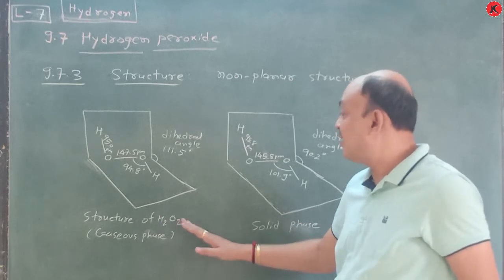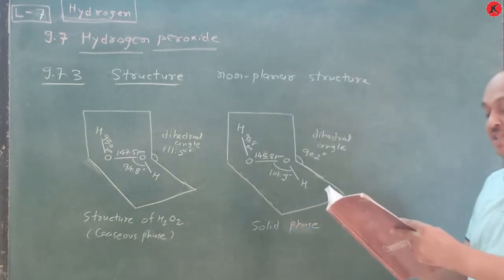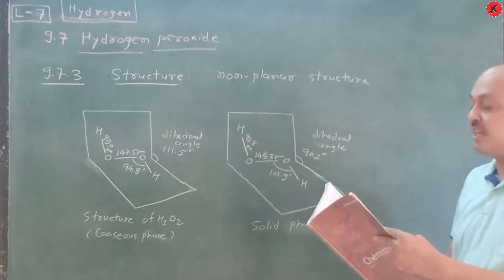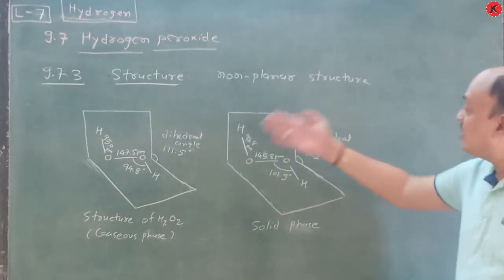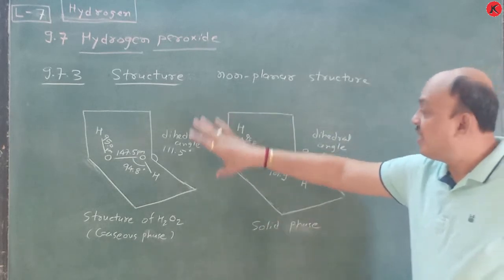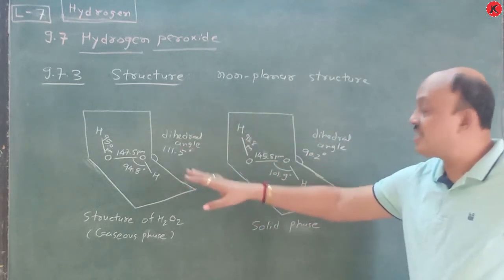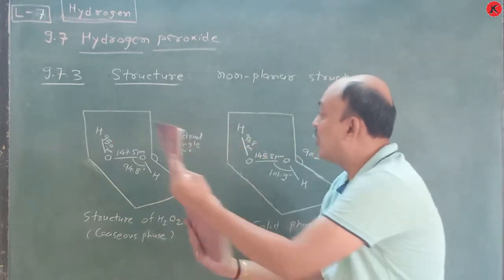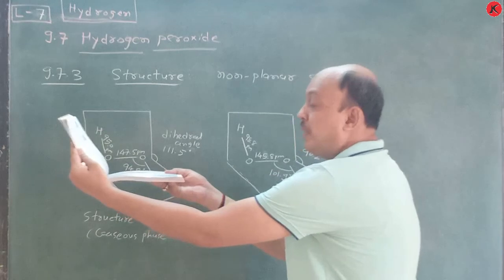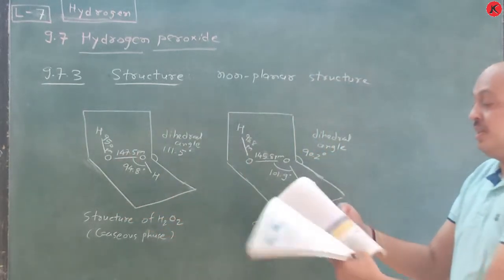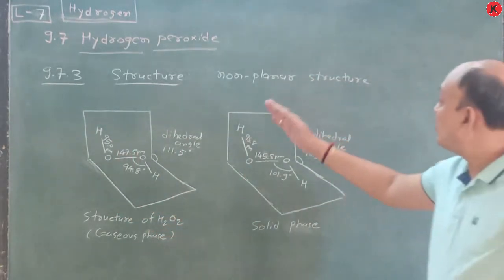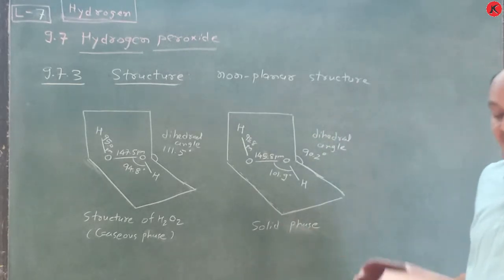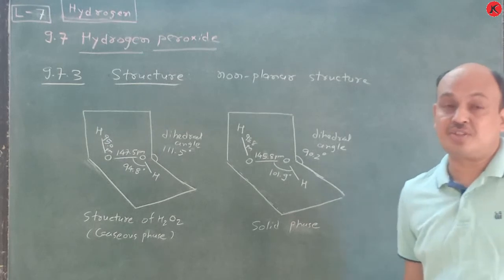So here in your NCERT textbook, it is written up to the molecular dimensions in the gas phase and solid phase, okay. So this is a 3-dimensional figure, and this is just like an open book. Just you see, this is your book, and at that time just you compare this. So this is an open book structure, and this is all about the structure of hydrogen peroxide. Now we switch to the next topic, that is chemical properties of H2O2.